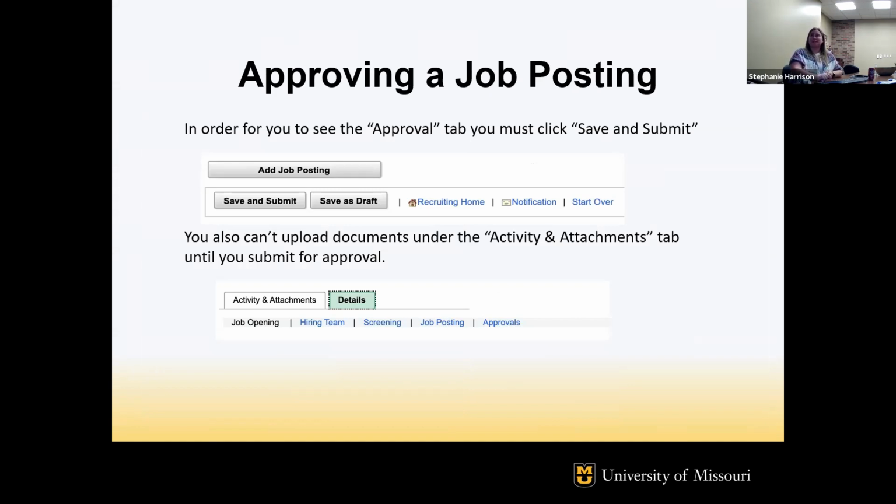So once you're back on that previous screen, you're going to have the save and submit or save as a draft. In order for you to see the approvals tab, you're going to have to click on save and submit. Once you've done that, you'll be able to add any required attachments to the activities and attachments tab. And then you'll also have that approvals tab. That way, if you need to go in and add people to your approval chain,